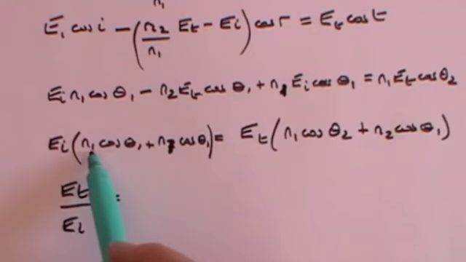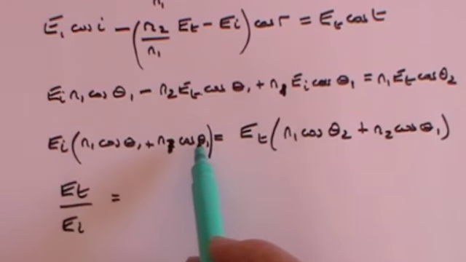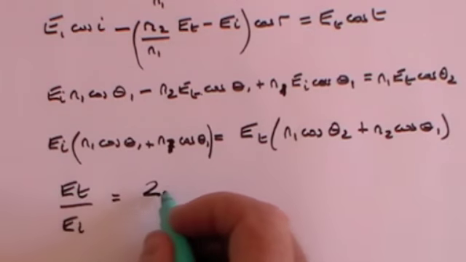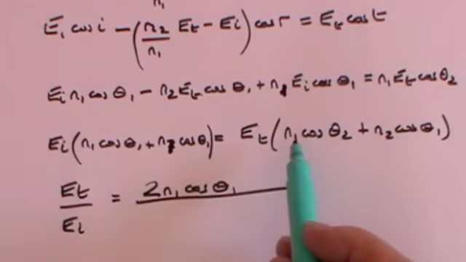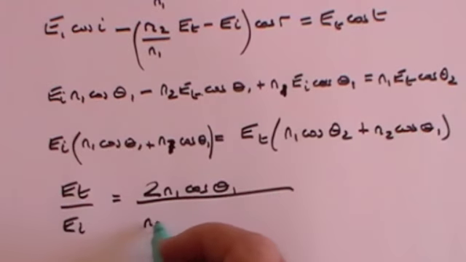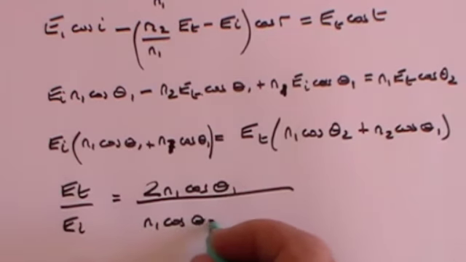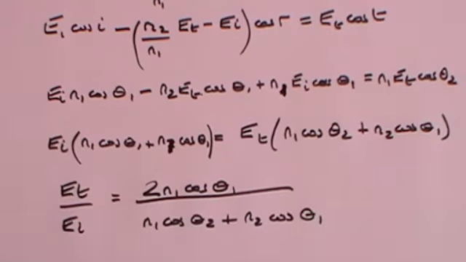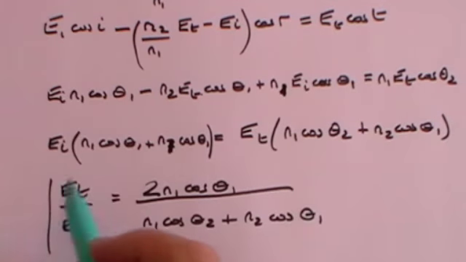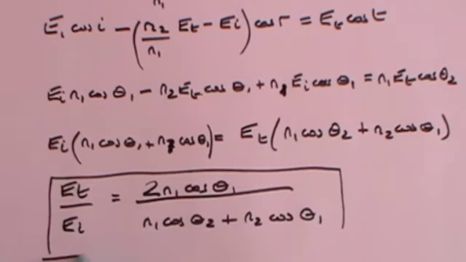So this term is n1 cos theta 1 plus n1 cos theta 1, so that's simply 2 n1 cos theta 1 divided by this term, which is n1 cos theta 2 plus n2 cos theta 1. And that is Fresnel's fourth equation